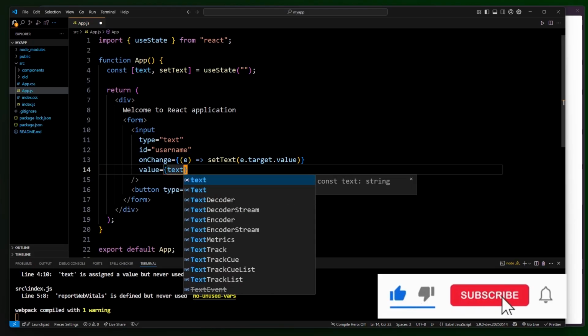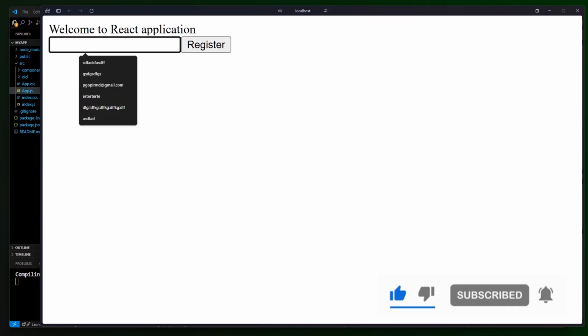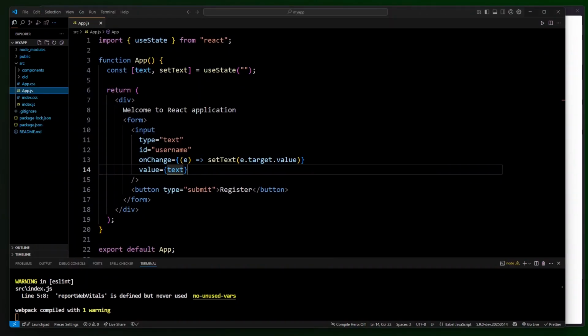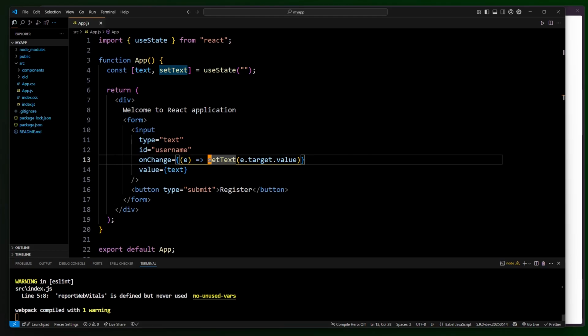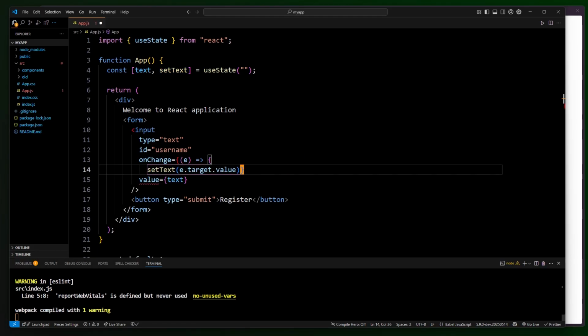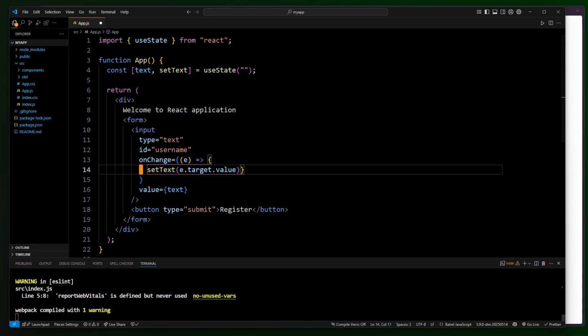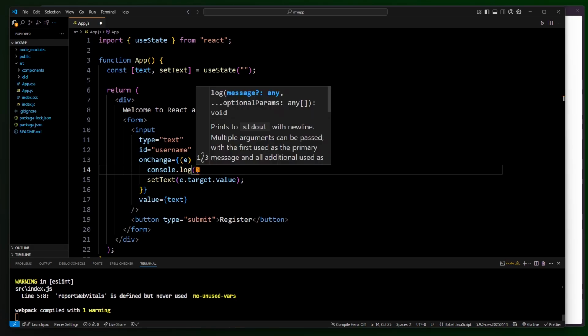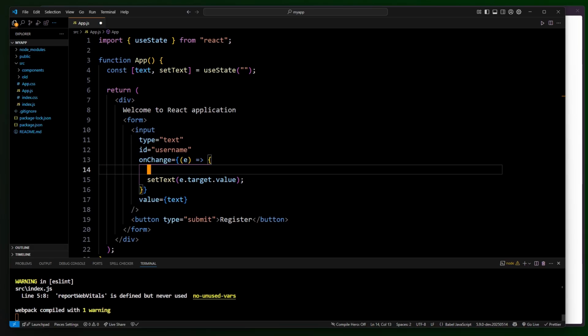Okay, now if I write something, let's say Gopi, and I'm clicking on register, you can see it has vanished. Why does that happen? I said useState helps me to do so. Let's check that. Here I'm having onChange, right? So let's do something like this. Here, within this, console.log of whatever the text box value,